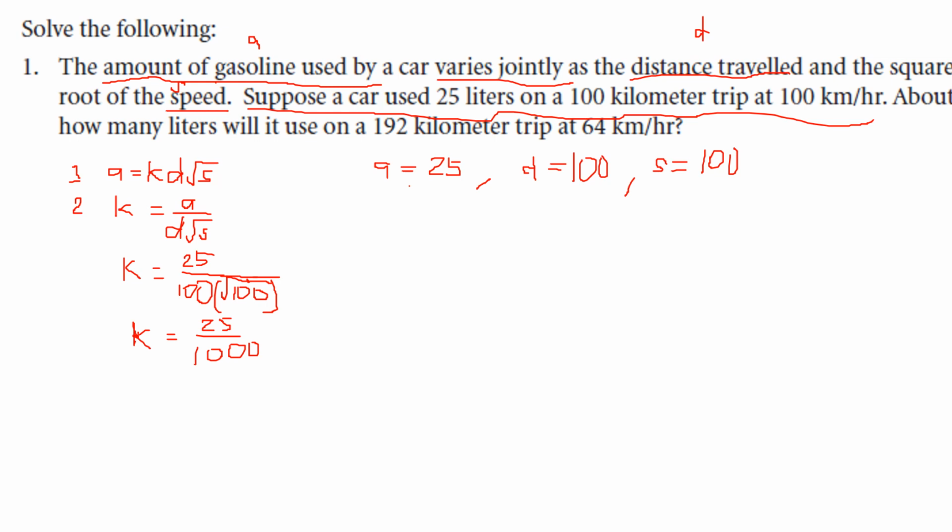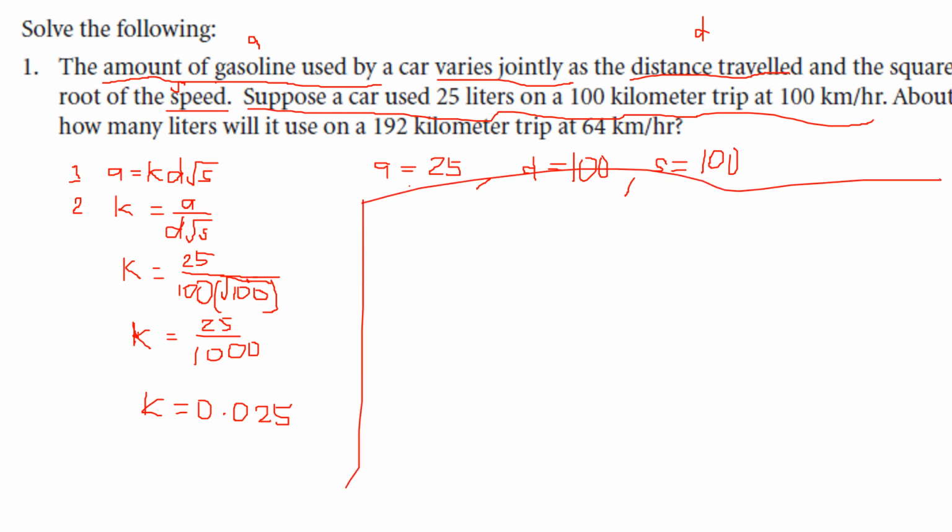And 25 over 1,000, that gives us 0.025. Okay, so you can make use of the fraction form or decimal form since 25 over 1,000 has an exact value. The next part, the third part, is we're going to put the K